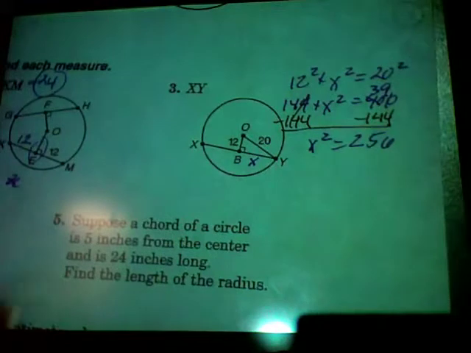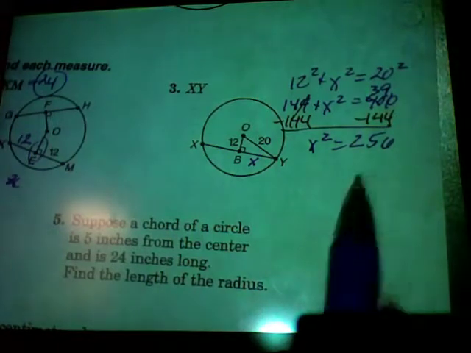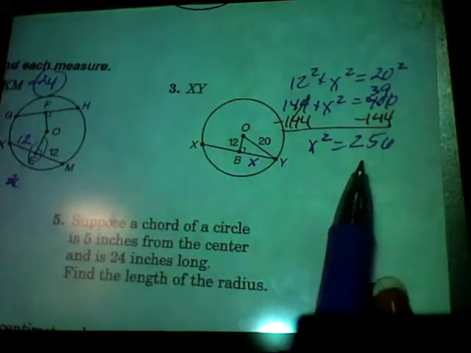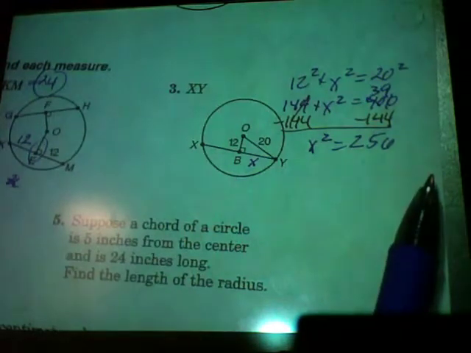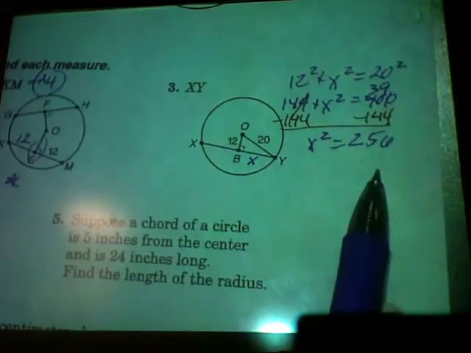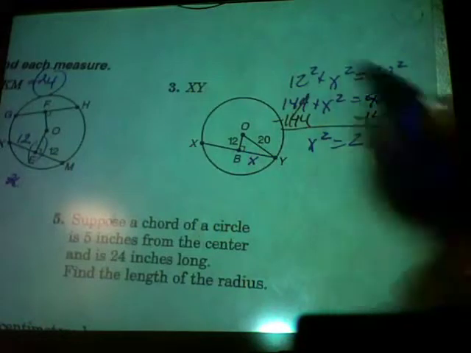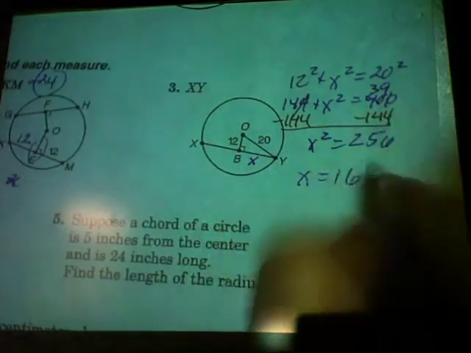What's the square root of 256? Well, what's 15 squared? 225. That's less than this. What's 16 squared? What's 6 times 6? Isn't this 16 squared? So the square root of this, x is equal to 16. So if x is 16,